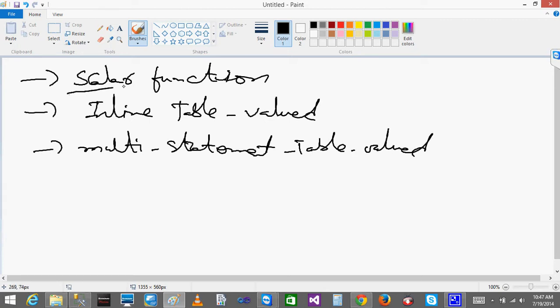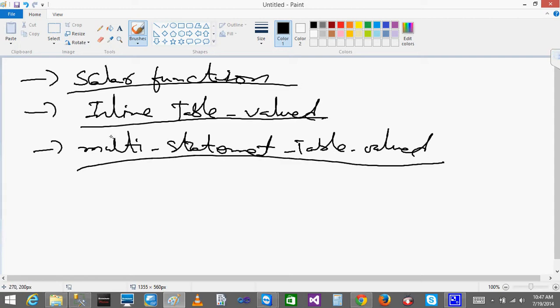So see, this is a scalar function, inline table valued function, and multi-statement table valued function. We will go one by one.